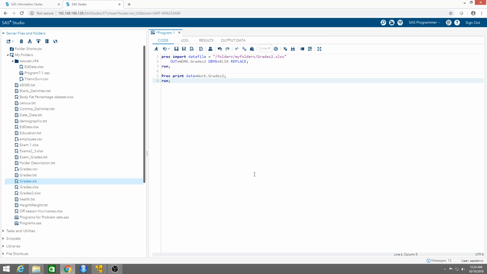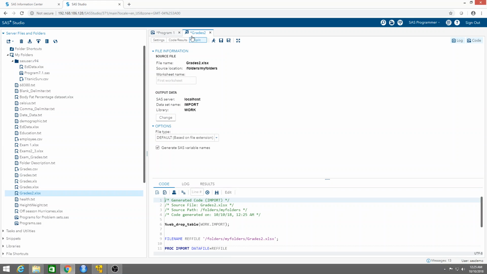So to upload or read an Excel workbook into SAS, we use proc import. So proc import, then datafile equals, and you write where the file containing the data is. Again, it's going to be inside folders, My Folders, because that's the SAS Studio folder that we're using. And the name is going to be grades2.xlsx. So it's this one here, basically. Well, we have to generate it to see how it is, but